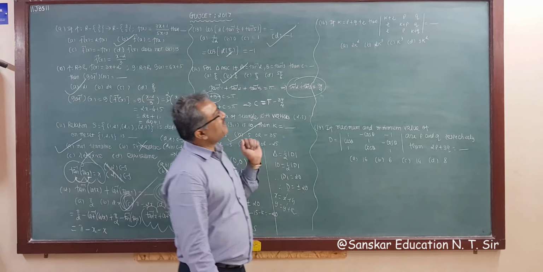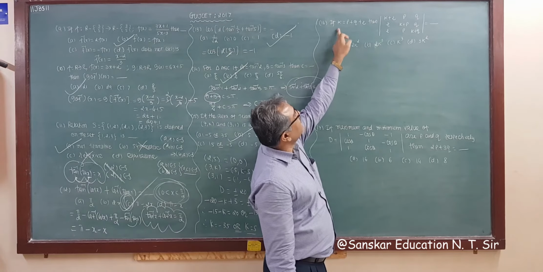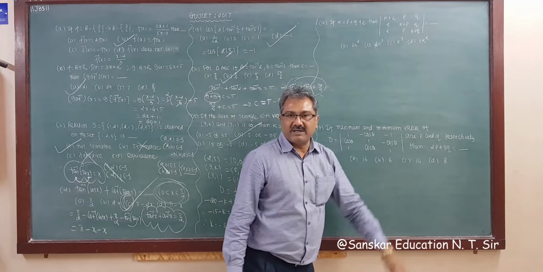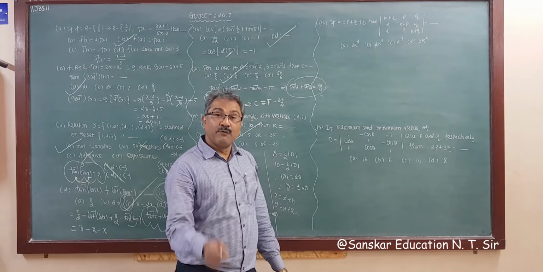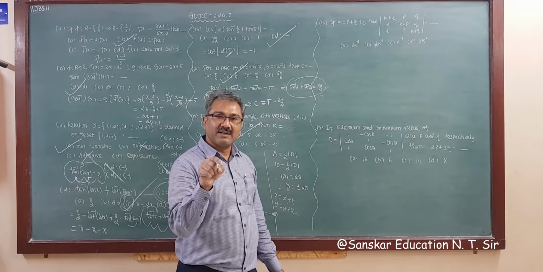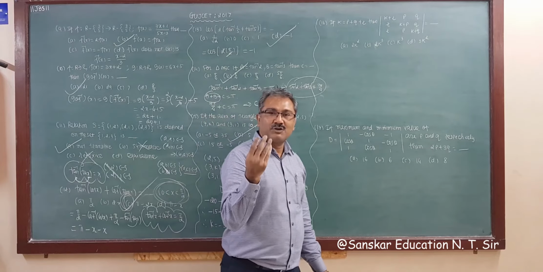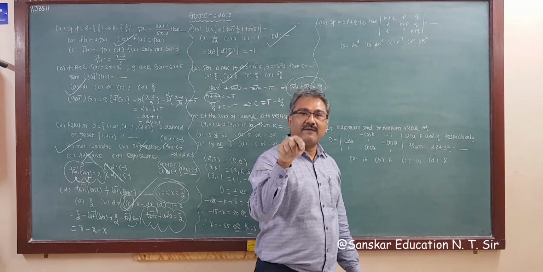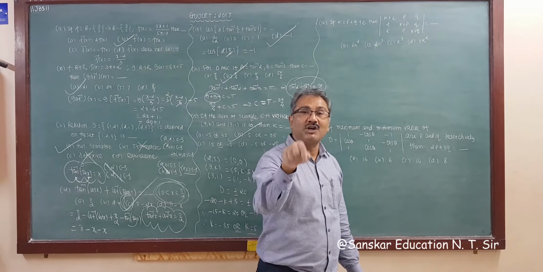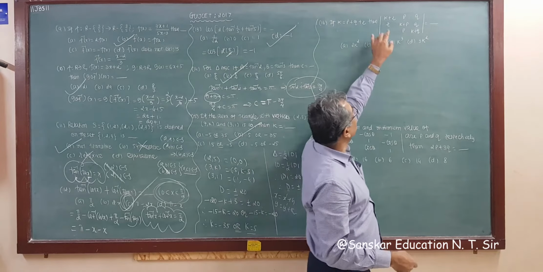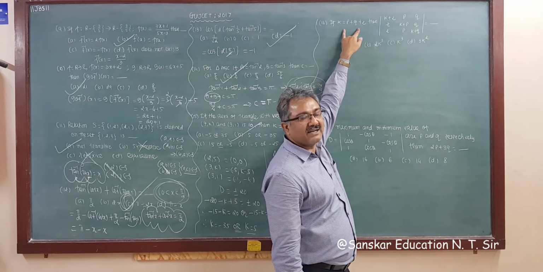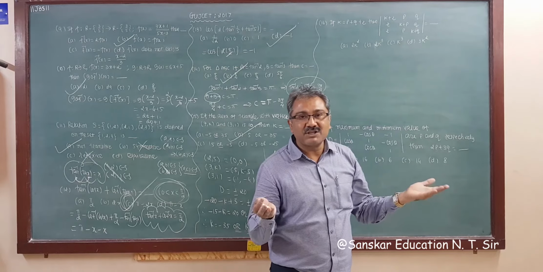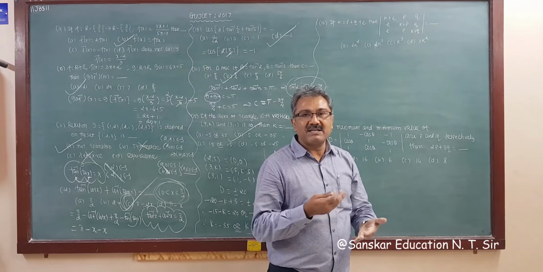So the next question is, if k is equal to p plus q plus r, then find the value of this determinant. What is given, right? Earlier I told you, remember three things: what is given, what you require, and for the requirement what you can do. So this is given, p plus q plus r is equal to k. So from this determinant, where is p plus q plus r? How do we get p plus q plus r?